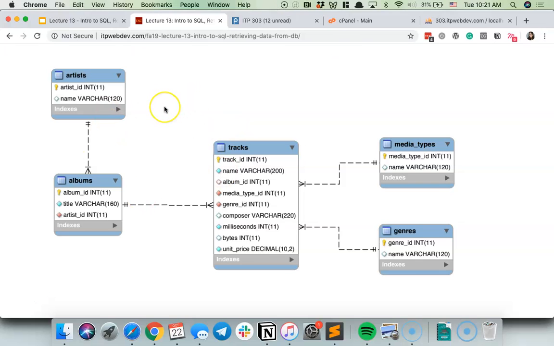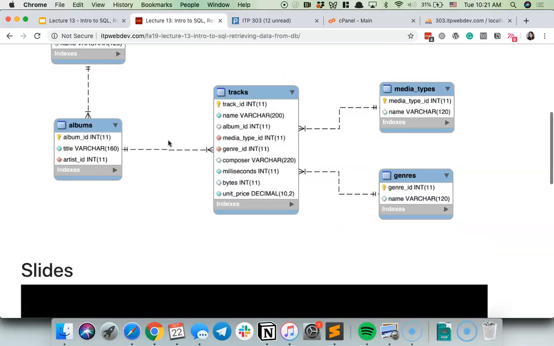Okay, so having a diagram like this is pretty useful when you first get a database and you don't understand the relationships very well. And in the development world, in the industry, this is very typical. You just get handed a database, unless you're part of the team that designs it. A more typical scenario is they give you this database and say, here, use it, do your work on it, and it's up to you to figure out how it's organized and what the relationships are.